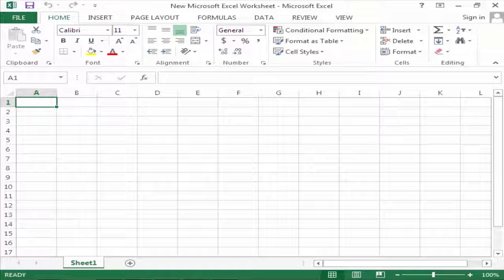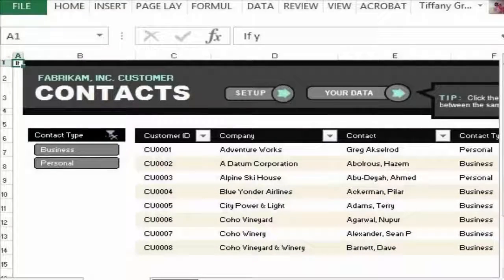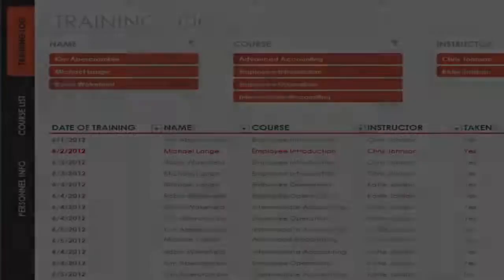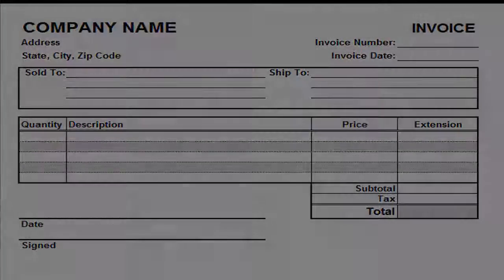Excel 2013 is a spreadsheet program that allows you to store, organize, and analyze information. While you may believe Excel is only used by certain people to process complicated data, anyone can learn how to take advantage of the program's powerful features. Whether you're keeping a budget, organizing a training log, or creating an invoice, Excel makes it easy to work with